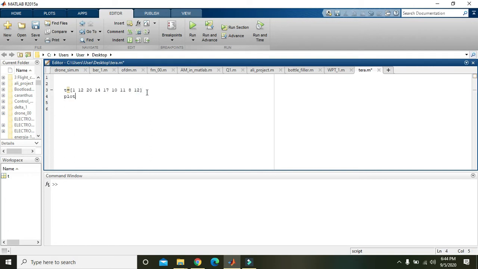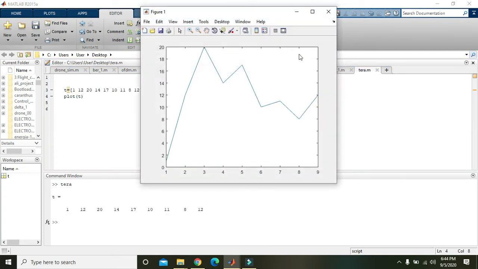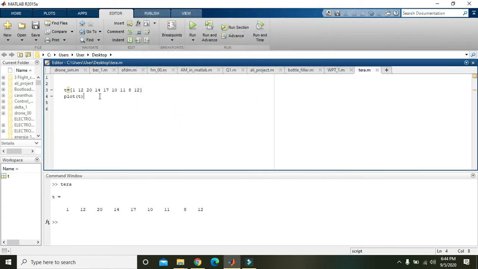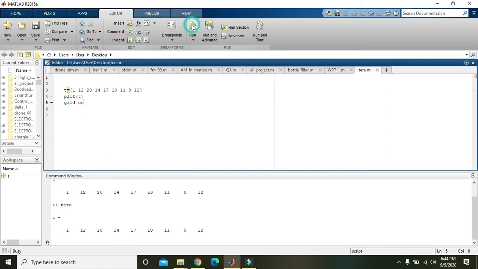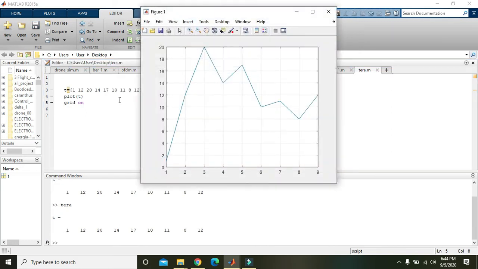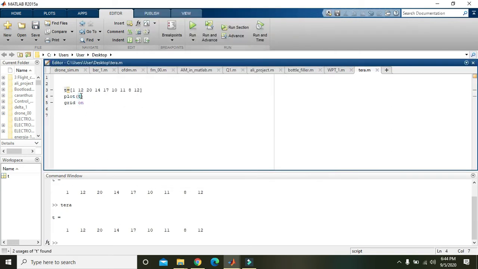Now in order to draw a graph, we will use the command plot of t, and when we run it, we can see that the graph is of blue color. You can see that all the points are plotted and the graph is of blue color. You can also make grid on to show the grid. So run it and we can see it. Now